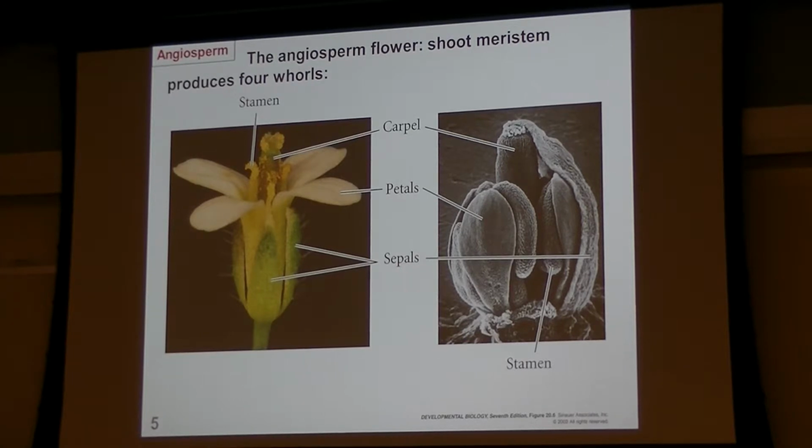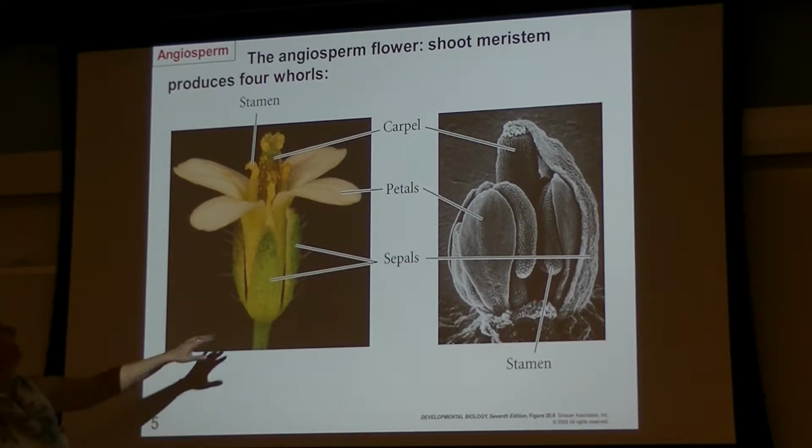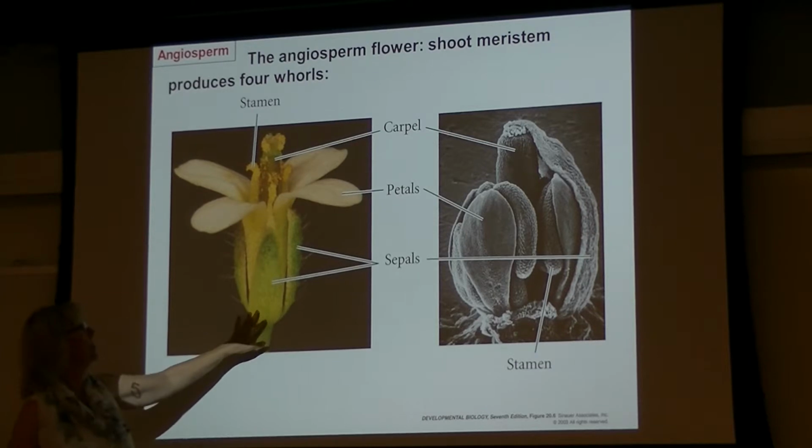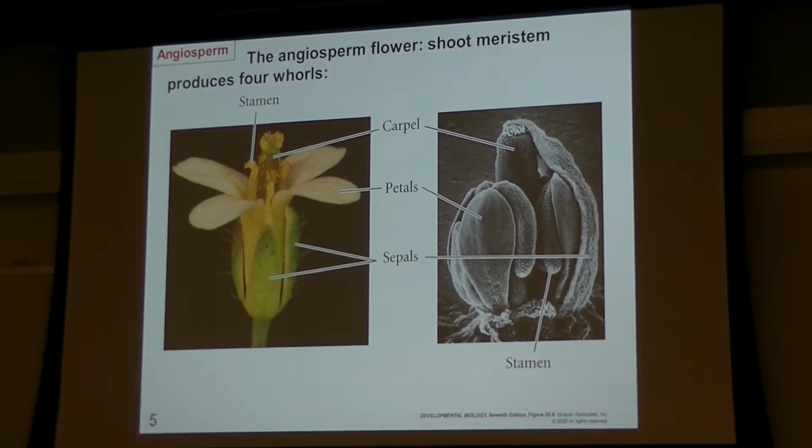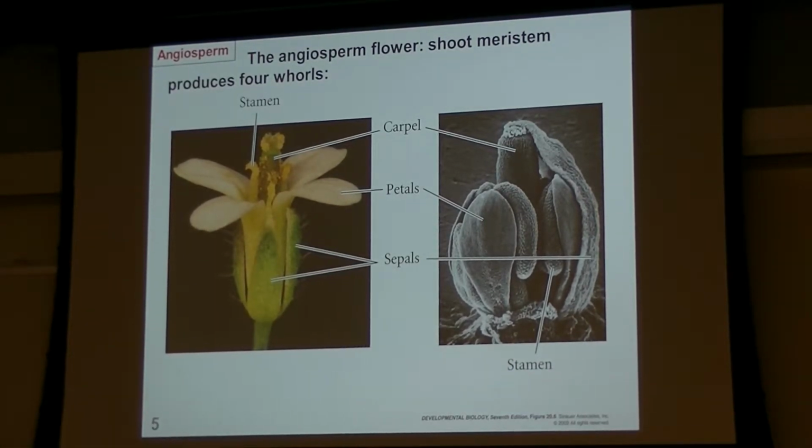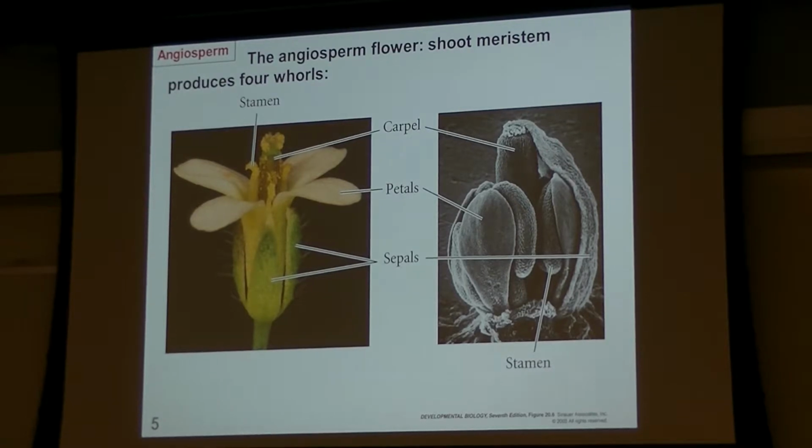So plants are organized in whorls, and Arabidopsis has become a major plant model system for trying to understand the genes that are necessary to build the character and structure of these whorls. So this is the Arabidopsis flower, and you can see here these green sepals, 4 white petals. So it's not a particularly beautiful flower, but it's a very simple flower, just composed of a single ring of